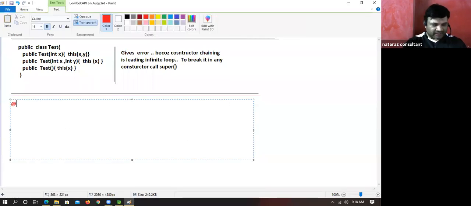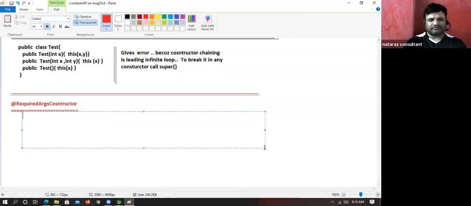@RequiredArgsConstructor. Yes. It allows you to generate a parameterized constructor.